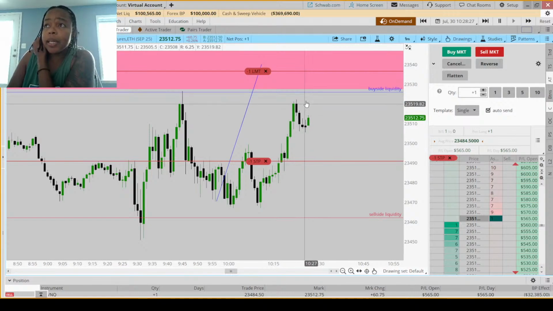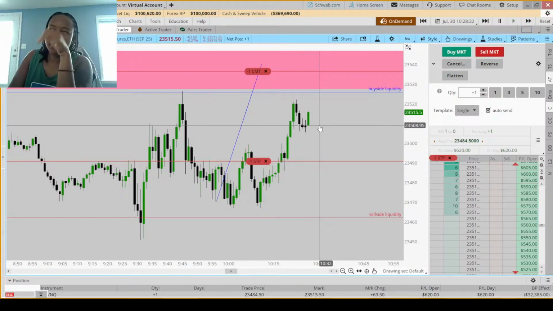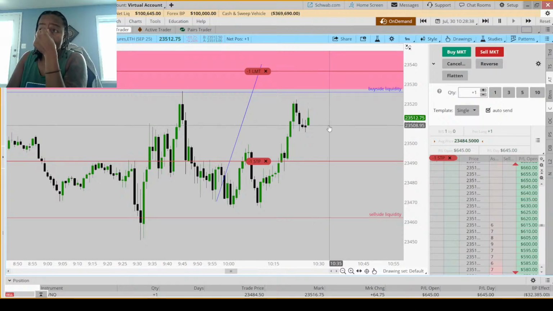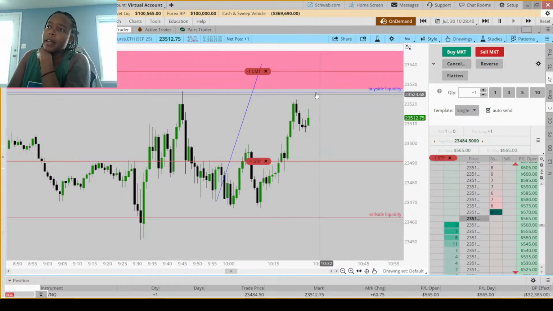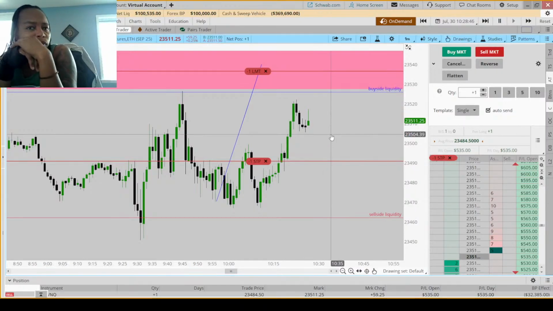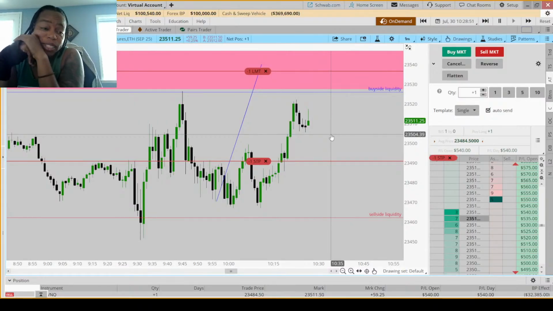All right, so let's see if we can push up. And then we'll move the stop to right here, because that's about 540. And then technically we should move it to here, but I like to make sure it's a little over 500. If they take this high out, I'm good. 500 is more than enough to lock in and have me be comfortable for the day. Because 525 is base hit for me, and then 1,000 or more is like the good run for me. So we'll see if they want to continue up.